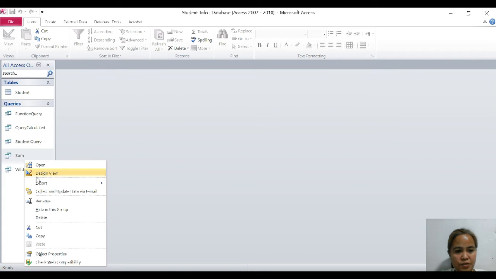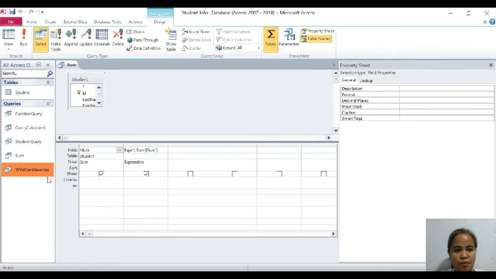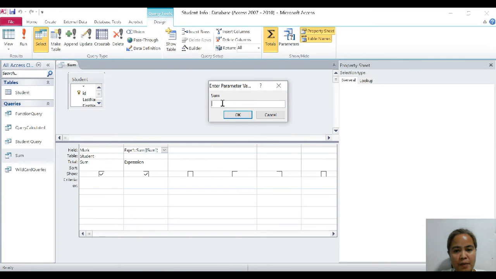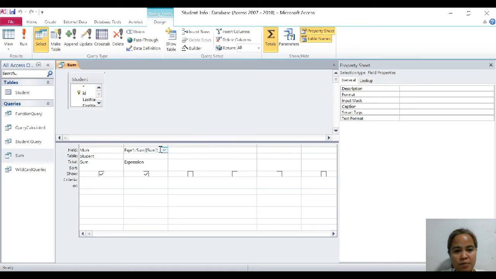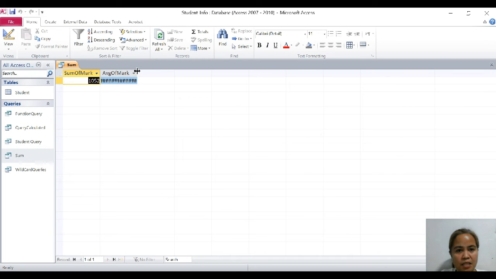Okay, so let us try to have the design view of this sum query in which we are going to define yung nandito. Kasi kapag ginagawa natin, nagkakaroon siya dito ng parameter value. So, tatanggalin natin siya because of this. Gagawin natin, we will be using mark and then student and then yung kanyang expression should be yung average. Kasi titingnan natin kung nag-average pa siya. So, right after that, i-click natin yung run